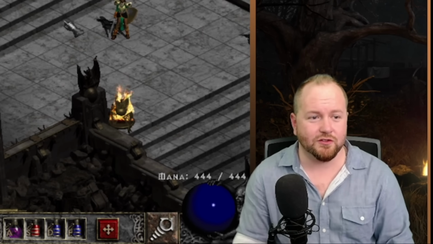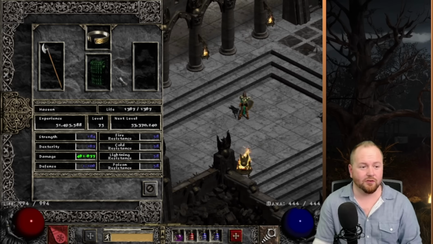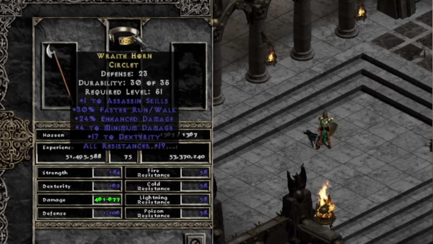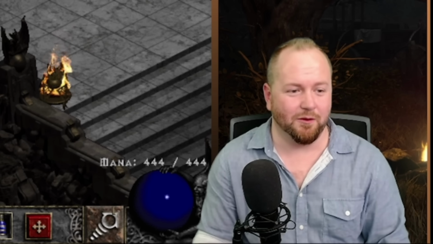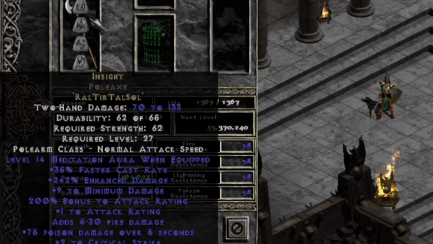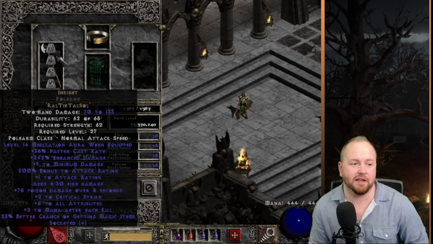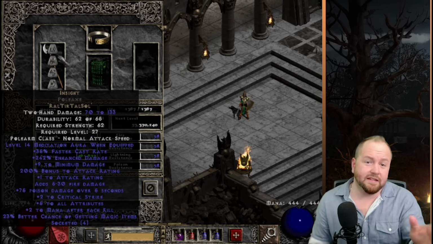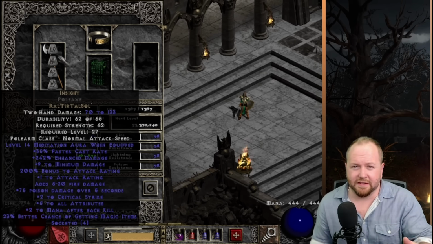Oh, I almost forgot to show you our Mercenary's gear. We have literally the junkiest stuff on this guy. We found a Twitch throw along the way. We got a nice helm that has resistances, but that is also min damage bugged. So he's got a nice helm with 19 to resistances and a little bit to max damage. And then obviously insight on the Mercenary is pretty good for a Sorceress, especially when you're going to be teleporting around. I did build this in a very weak base. However,